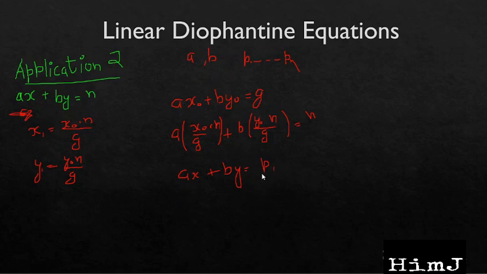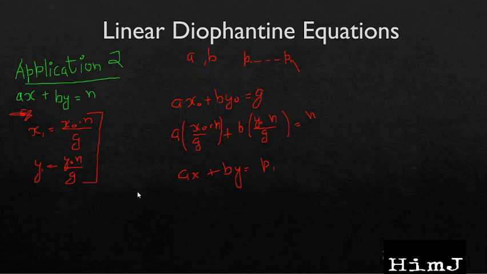If it is divisible by g, then we can calculate the value of x1 and y1 using this equation, and depending on the sign of x and y, we can tell in which direction the jump should be made. If x1 is positive, then the jump should be in upward direction, otherwise jump should be in the negative direction